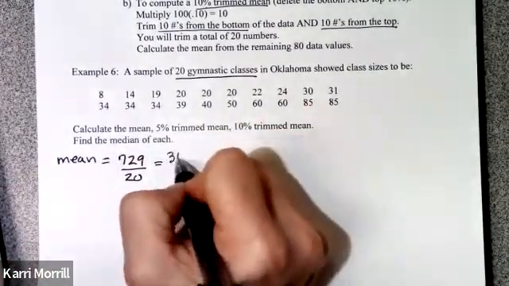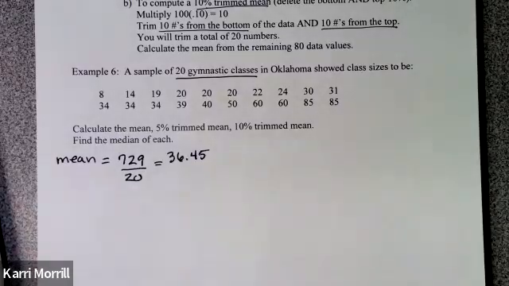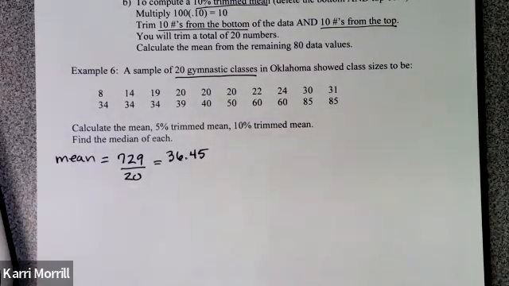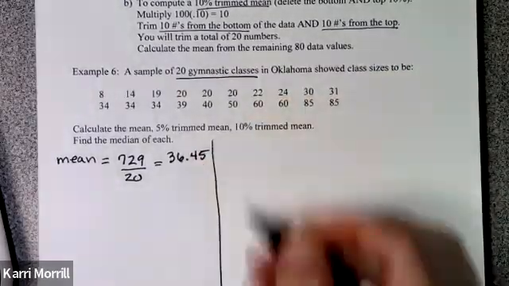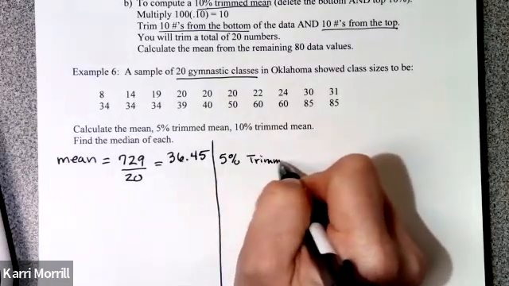And you would get 36.45. So that would be the actual mean of all 20 numbers. If we did a 5% trimmed mean,